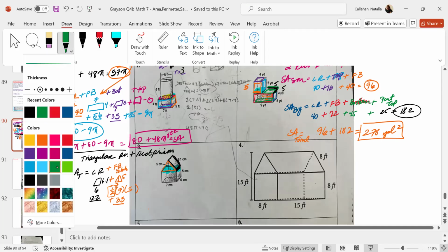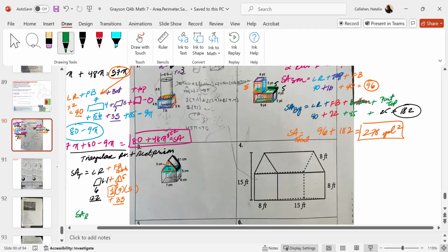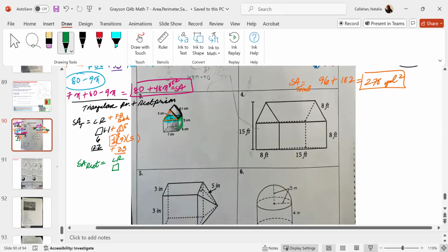All right, now let's go ahead and take a look at the surface area of the rectangle, correct? Left and right. Draw the left and right, and I want you to label the rectangle, just like how I'm labeling it. Is that plus 35? Remember, it's 2 triangles, correct? The 2 and the 1/2 cancels, right? So it's just 7 times 5. You got to be careful with this. Then when you draw the front and back,